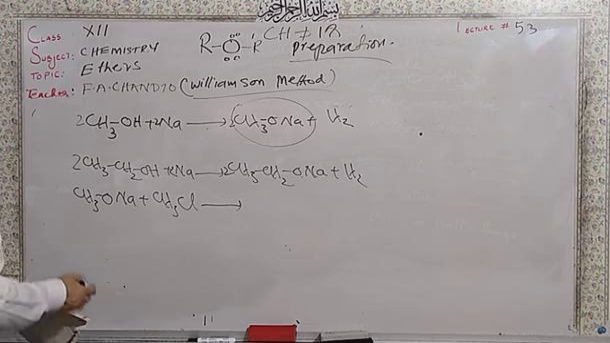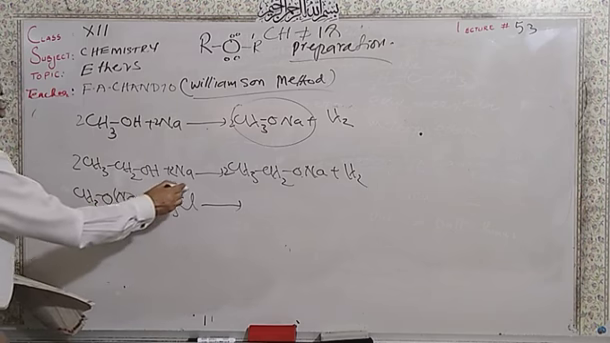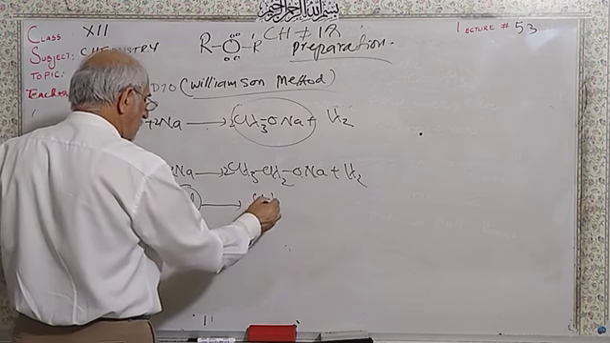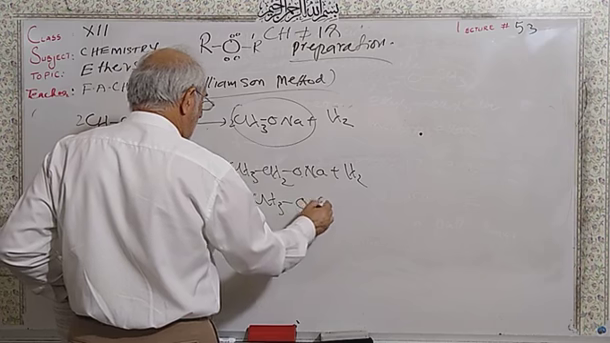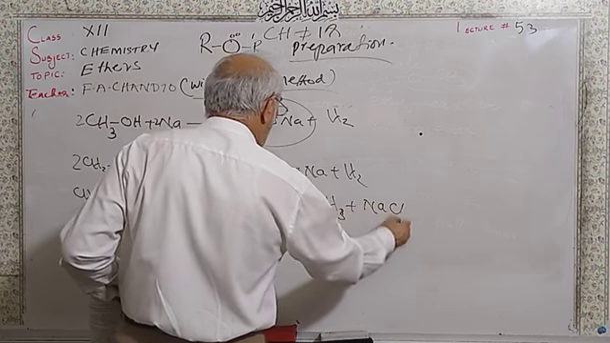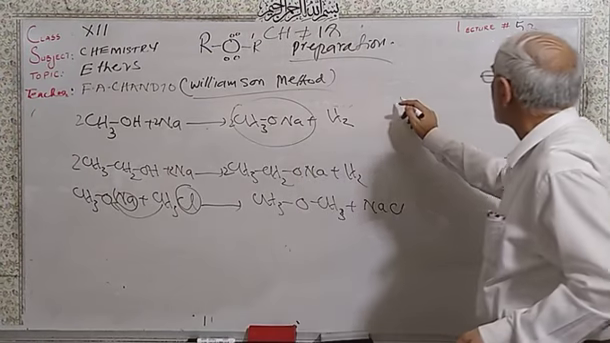They are going to react. Sodium removed from here, chlorine removed from here, alkyl will be attached. So you will get dimethyl ether plus sodium chloride. In this case,